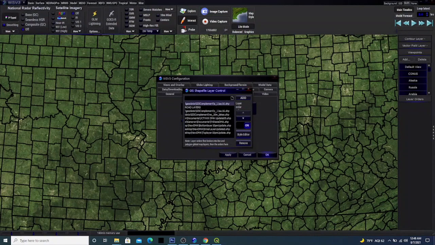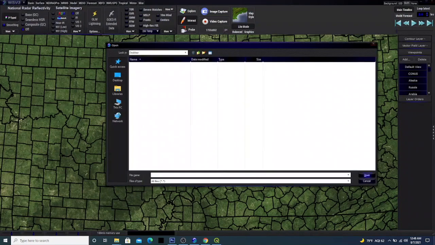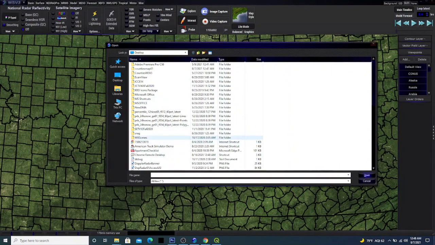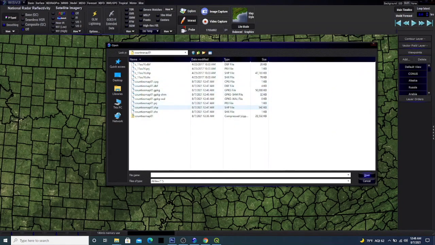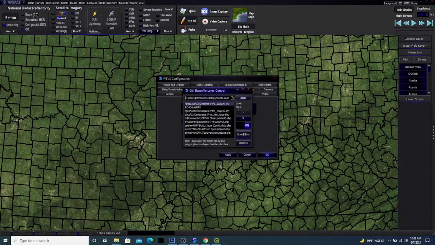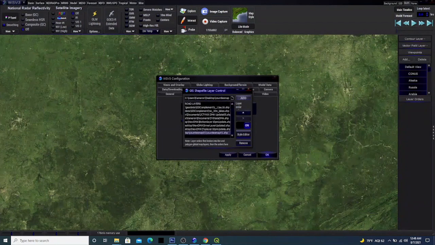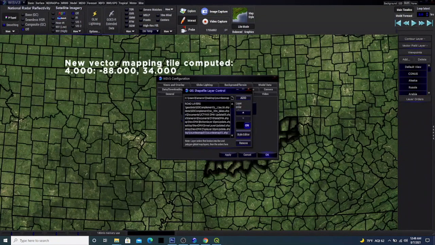I actually have several different things going on here, but in this case we'll just hit the little paper tab there to add a file. We will then navigate to the file we saved on the desktop, and then we want the shape file or the .shp file. Then you hit add, and then